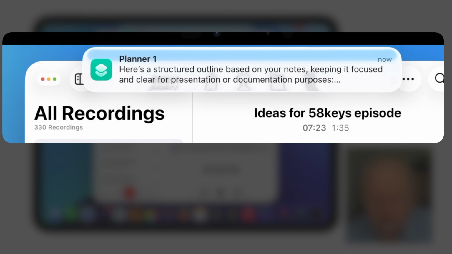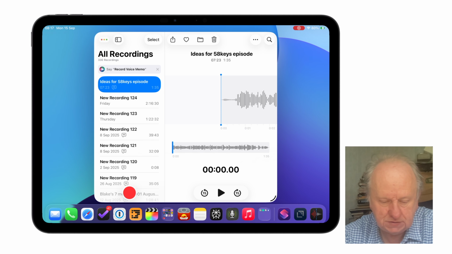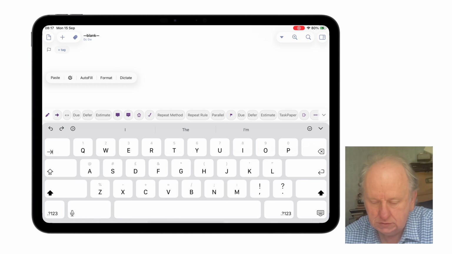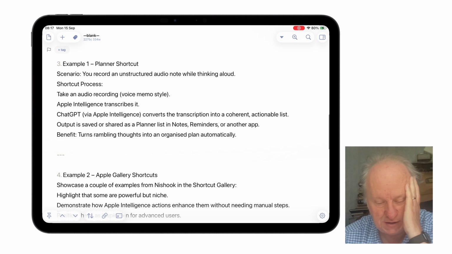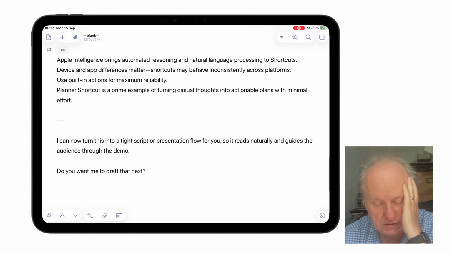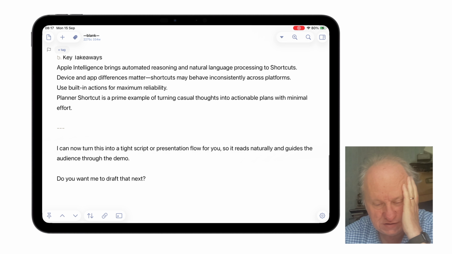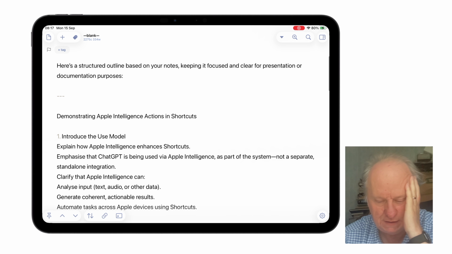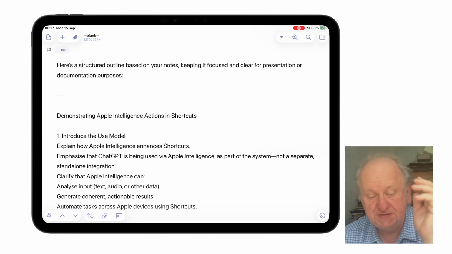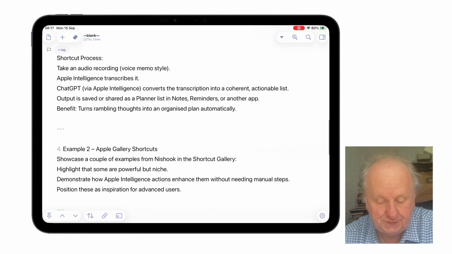What's wrong? That is not what I asked for, but let's see what happens if I go to drafts and paste. Okay, well, that is what I asked for, I suppose. But it's commented, hasn't it? I mean, oh, look, here's a wonderful outline. But, all right, so this is the kind of thing where